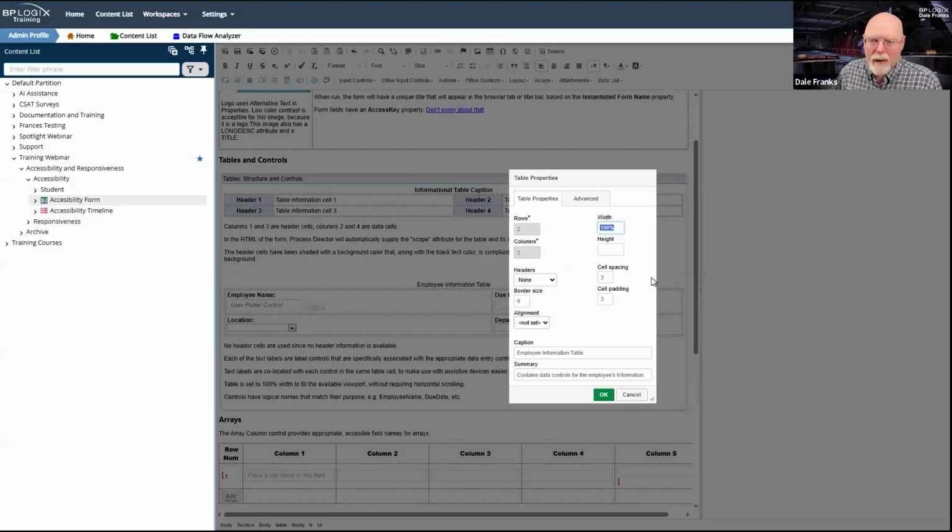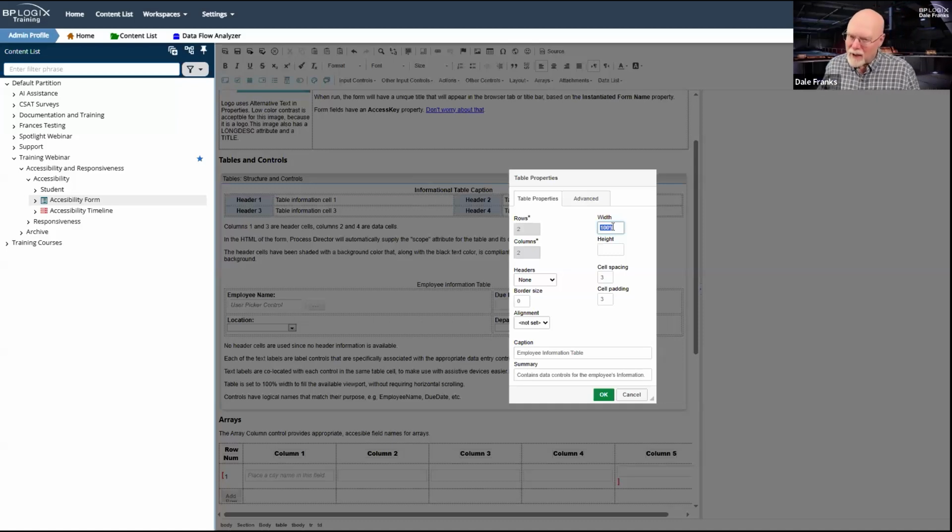We don't know. So anytime that we are setting up any sort of HTML element that has a width specification, we default it to 100% in most cases. And defaulting it to 100% means that no matter what size of viewport people are viewing your form on, we will always fill the screen horizontally and no further.